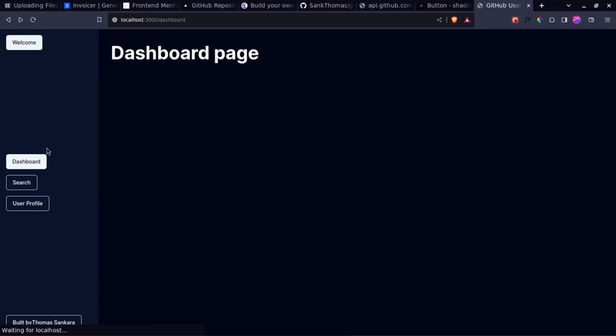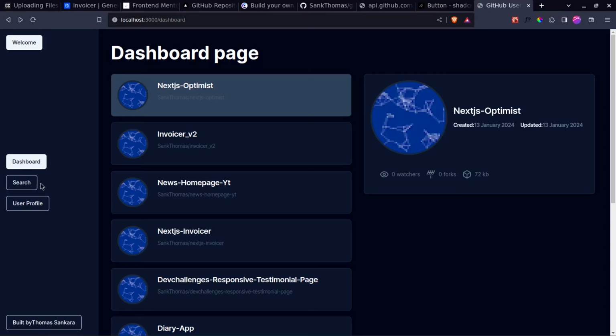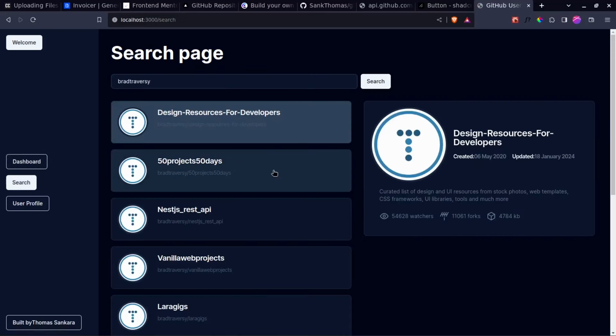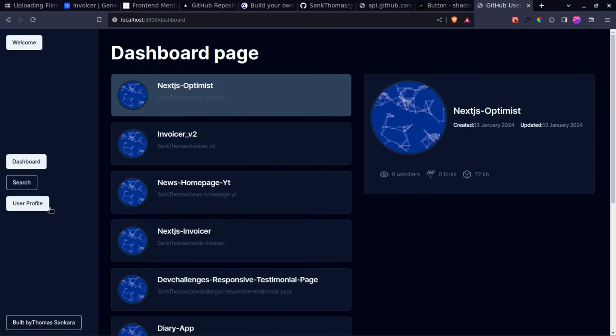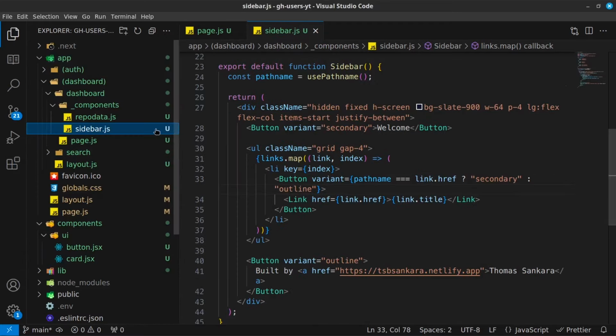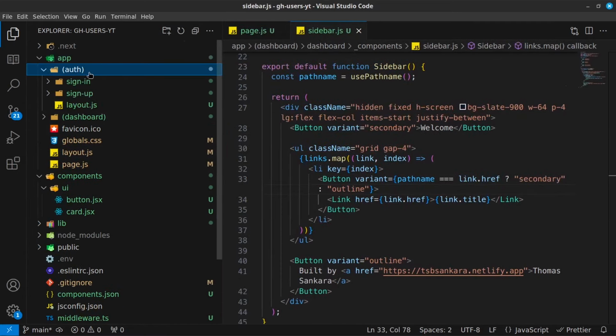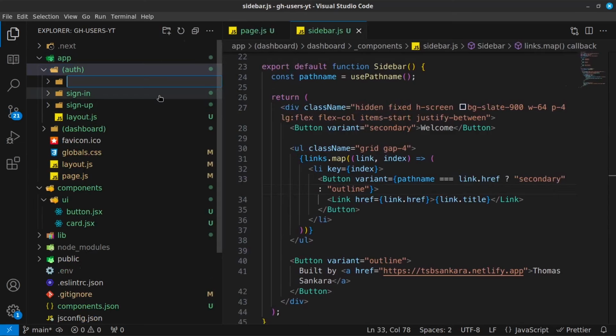Reload. There we go. So we are currently on the dashboard page, and then when we go into the search page, then this turns white, and there we go. So our navigation is working correctly. Now let's go ahead and create the user profile page, and the way we do that is we just do the following. Now, just like we did for our auth, we're going to go ahead and create a new folder called user-profile,